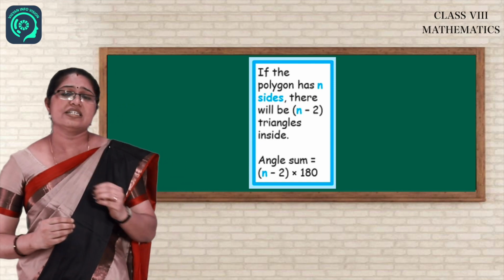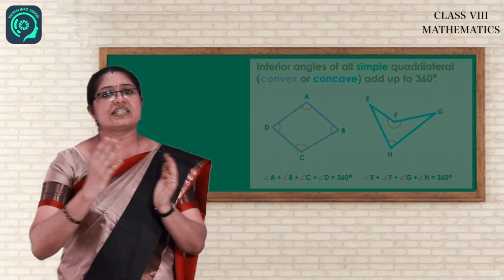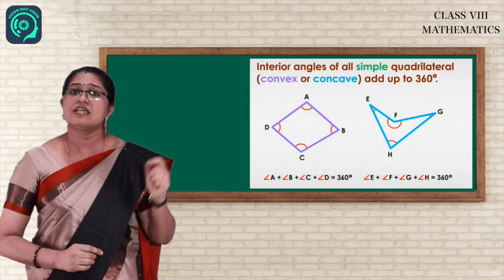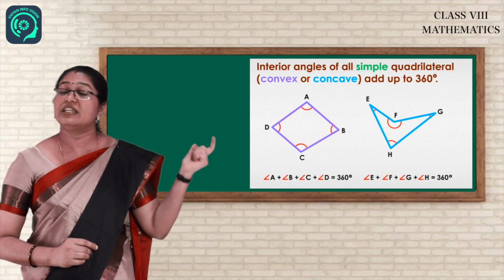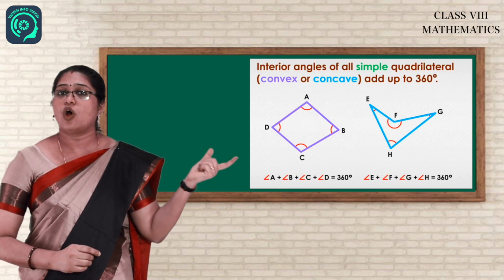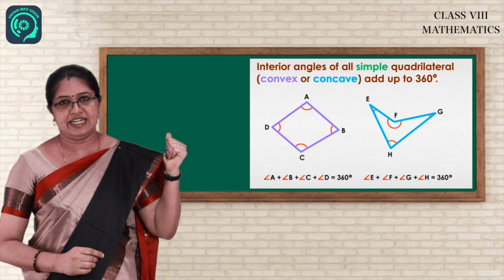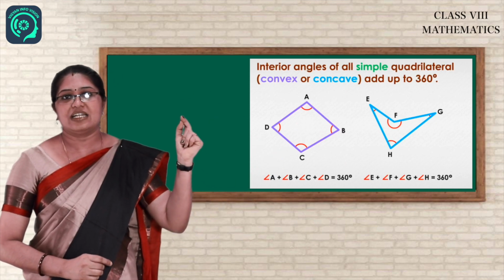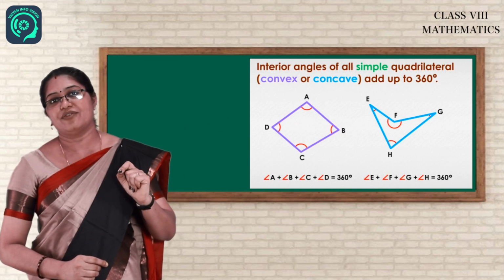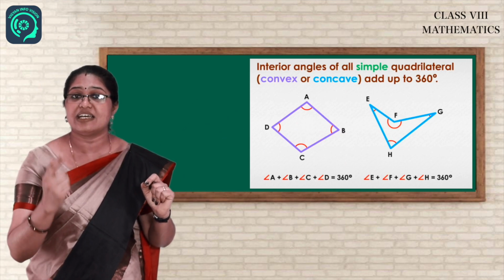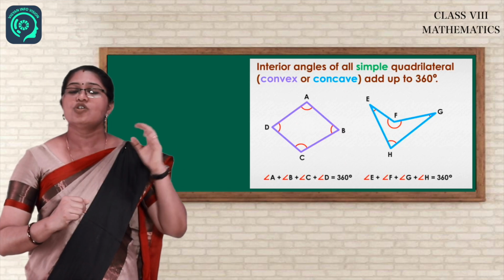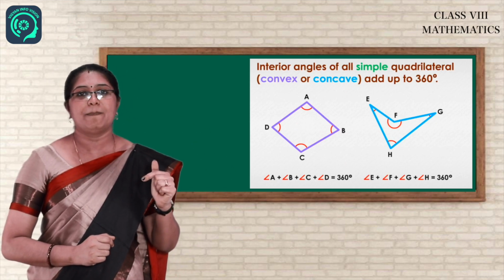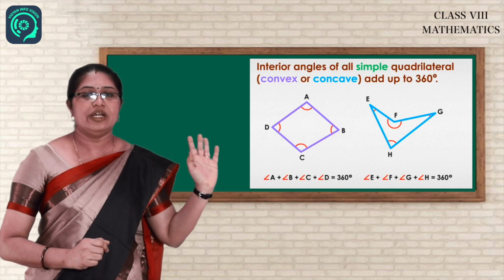Now, let us see about the convex and concave polygon. In this picture you can see, first one is a convex polygon, that is quadrilateral. Convex, quadrilateral, it is having 4 sides. The other one, that is also quadrilateral, but it is concave. One interior angle is greater than 180. So when you are seeing this, what about the angle sum? So first one you know it is 360.